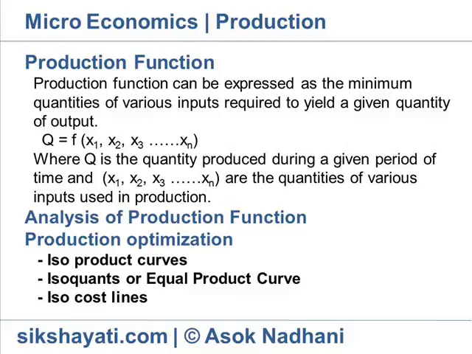Isoproduct curves represent this best combination of several alternative methods open to him to produce a given output at lowest cost. Isoquant or equal product curve. An isoquant is the line drawn through the set of points at which the same quantity of output is produced while changing the quantities of two or more inputs. Isocost lines. The isocost line is combined with the isoquant map to determine the optimum production point at any given level of output.